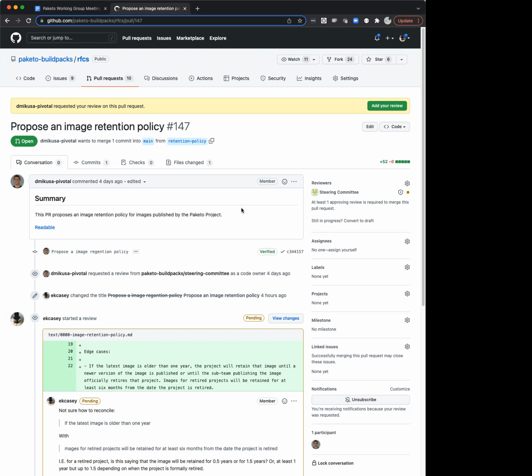And a lot of them should never be used because of security vulnerabilities. So the idea is to come up with some sort of reasonable image retention policy that allows us to safely cut and delete old images after some specific criteria are met. The RFC proposes a date-based criteria, but I'm certainly open to hearing thoughts on other potential criteria.